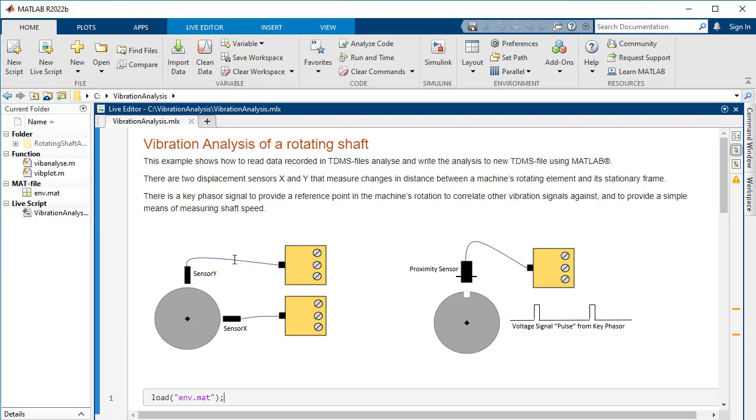Welcome to reading and writing TDMS files in MATLAB. This example shows how to inspect and read TDMS files into MATLAB, how a datastore can be used to analyze a collection of TDMS files, and finally, how to write the results of the analysis to a TDMS file and